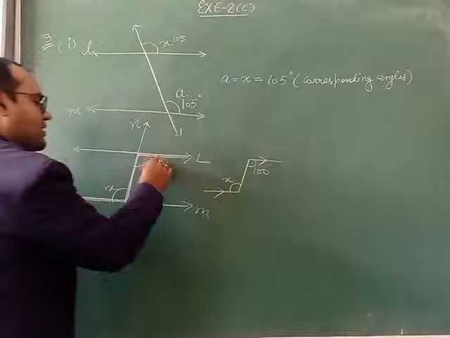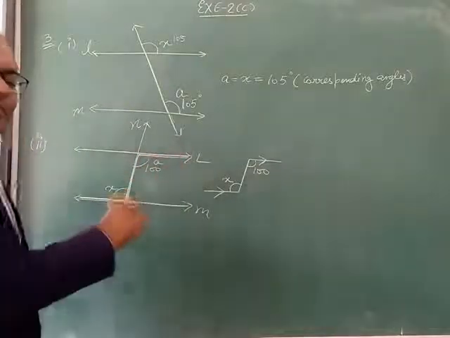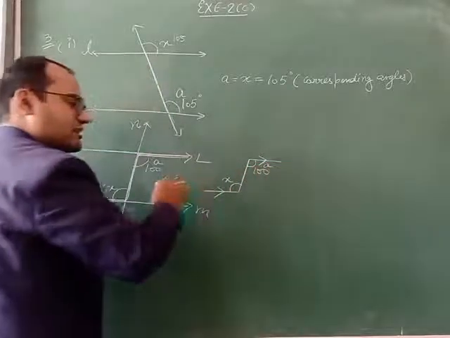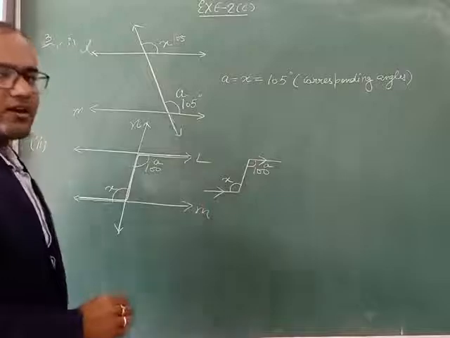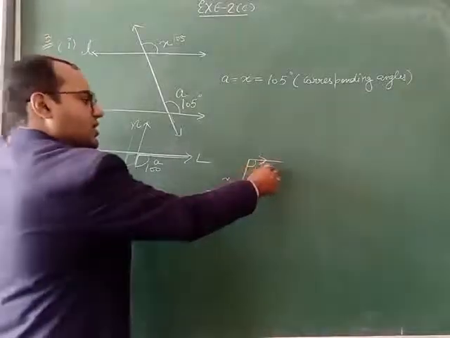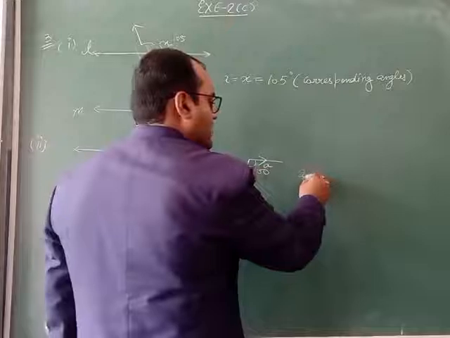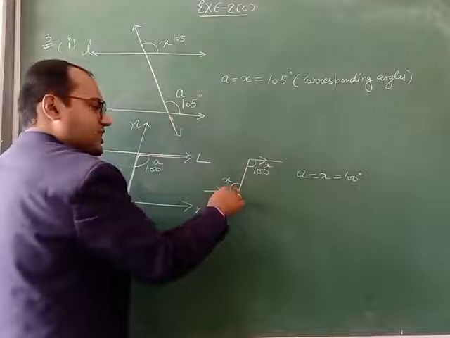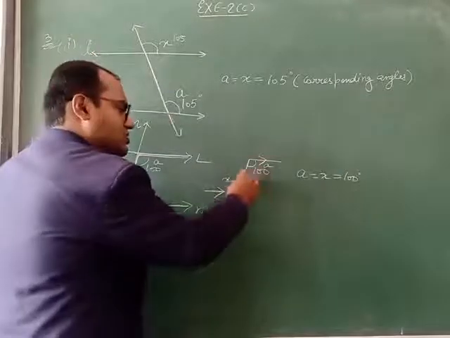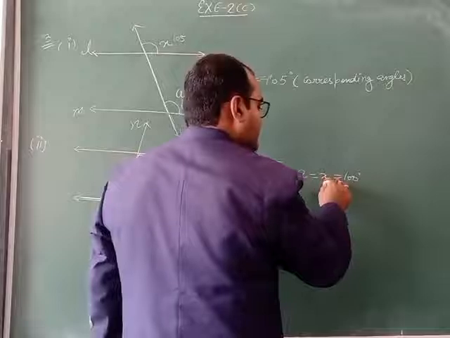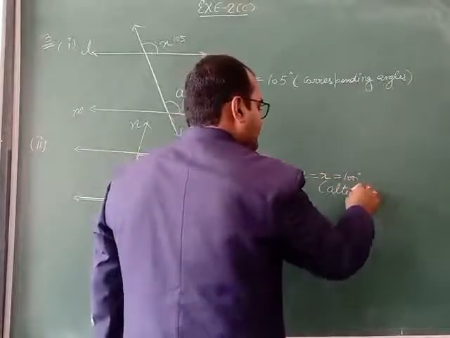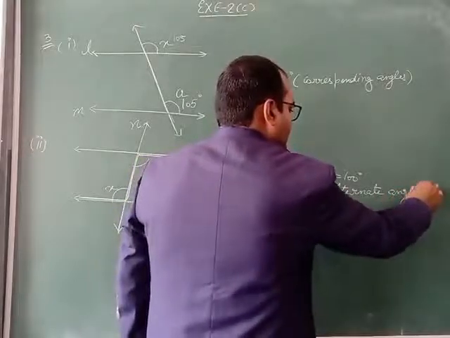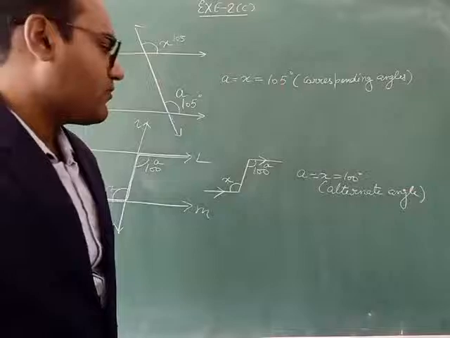Let's say this angle is A. Let's give one alphabet name. This 100 is A. Here we will write A. So this is the Z shape figure. In a Z shape figure, angles we also have to take equal. A value and X value we have to take equal to 100. Answer of both the angles A as well as X will be 100. This is the Z shape figure. So such angles are known as alternate angles. Full name we will write.